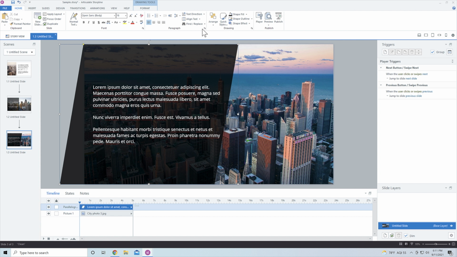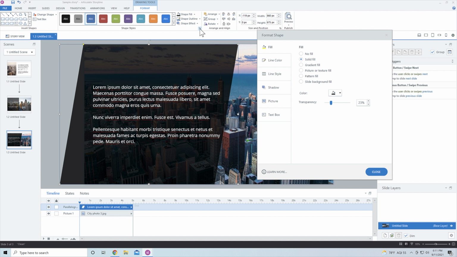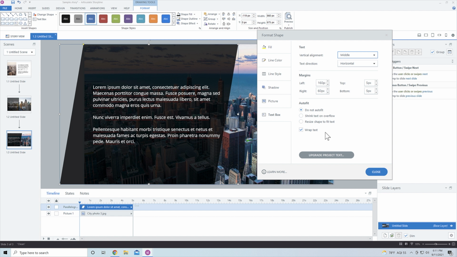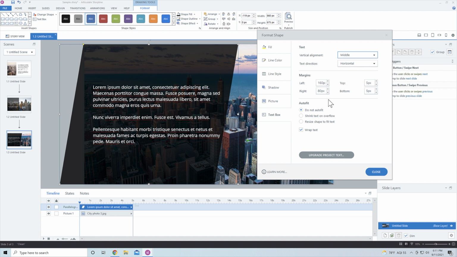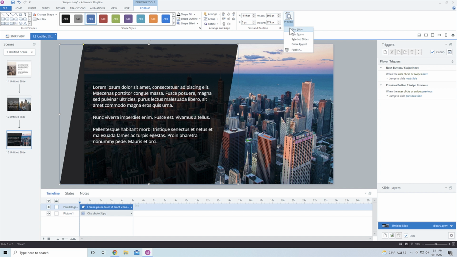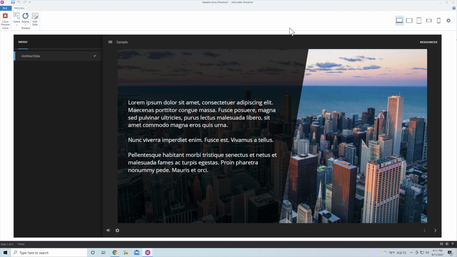So there, it's actually made it a whole lot better, but let's go back into our Format tab, click on this expand icon, go back into the text box, and let's have the right be something like 80, and then hit close. That didn't actually make a whole lot of change there. Well, I need to make this even more drastic. There we go. So now if I publish this, this is going to have that text right there. So to me, that looks great and adds a little bit more style with that kind of edge there.